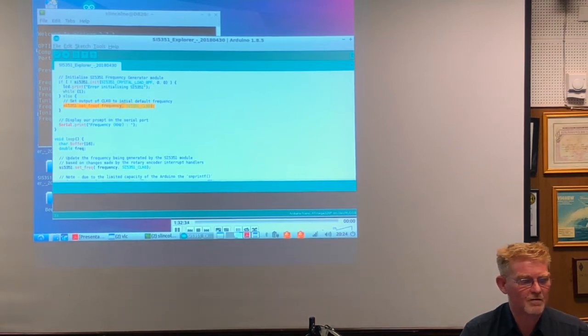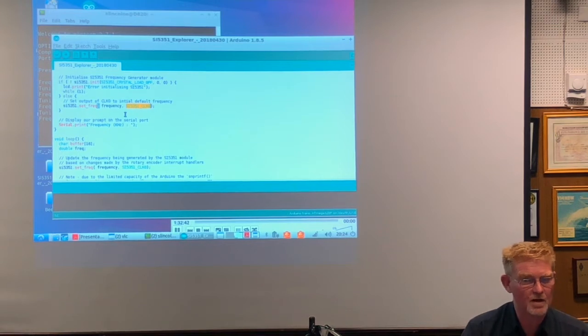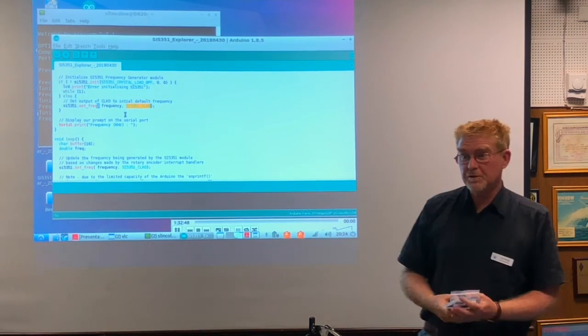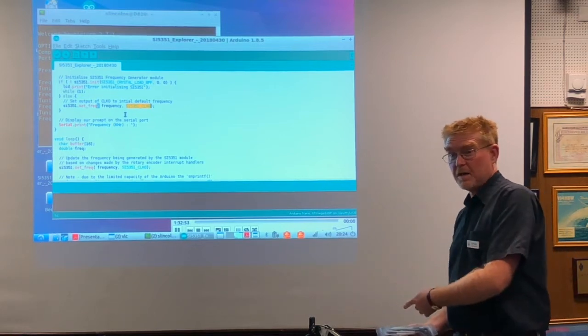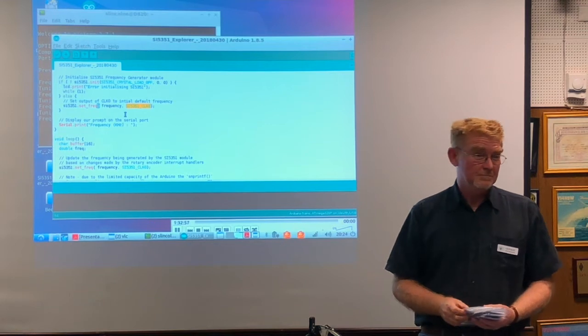Yep, set line highlighted here. That's saying set this output, clock 0, to frequency, whatever it is. I'm not specifying dividers. The guy who wrote the library thought, that sounds like silly hard work, there's got to be an easy way to solve that problem. So again, that's the beauty of this whole ecosystem. You've got people going, that's good, I can do better. The libraries come out, and all of a sudden your problem becomes a lot easier to solve.